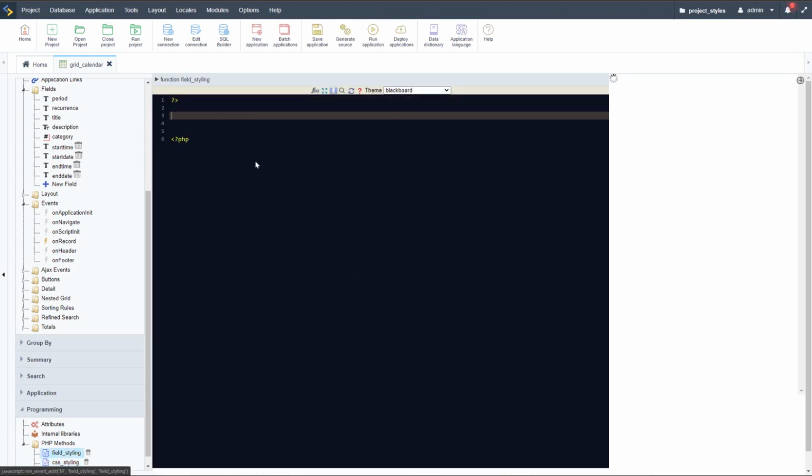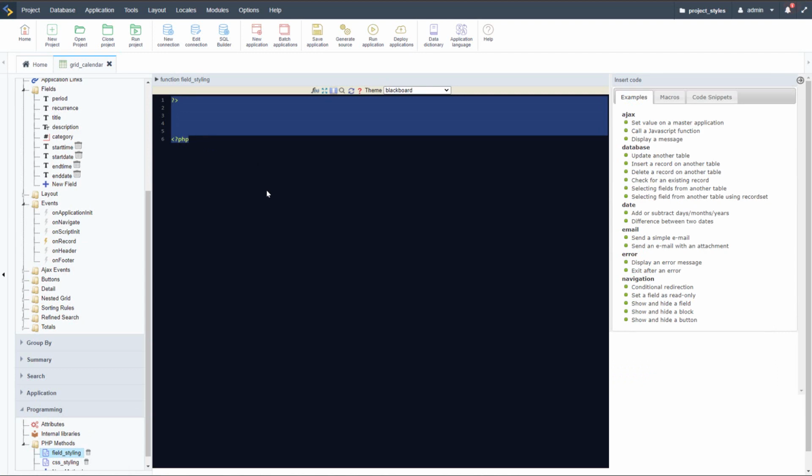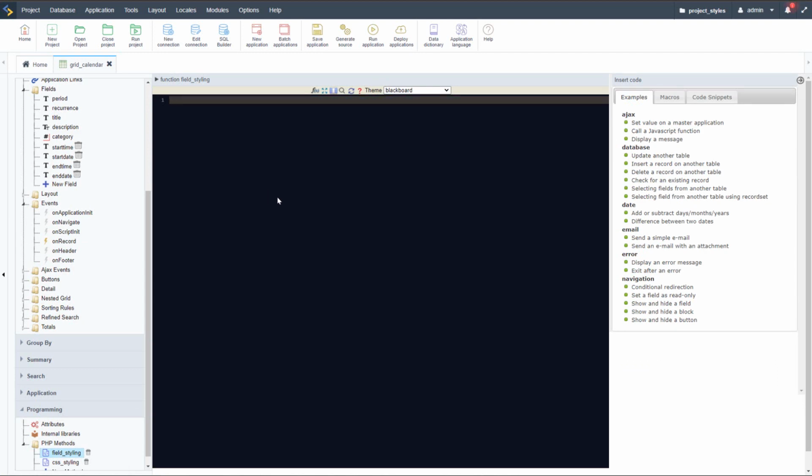So coming here to field styling, I'm actually going to remove this because I don't actually need this here. And what I'm going to do is start off with a variable called start, and I will say that equals our field start date. Okay. And then with that, I'm going to take that again, and I'll say start date, and I need to change it so it's start date with no underscore, and that then equals,